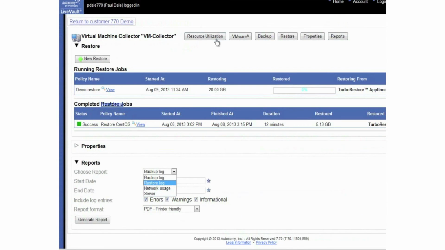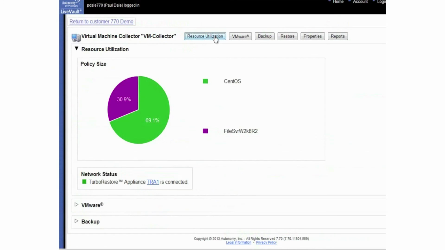LiveVault also tracks resource utilization. Here you see the 10 largest backup jobs. As I move my mouse over the pieces of the pie, I can see at a glance the size of